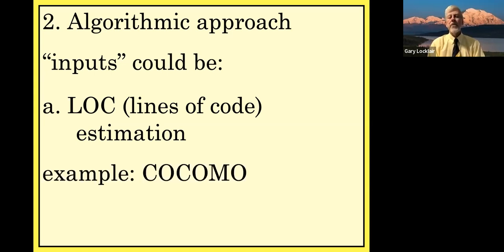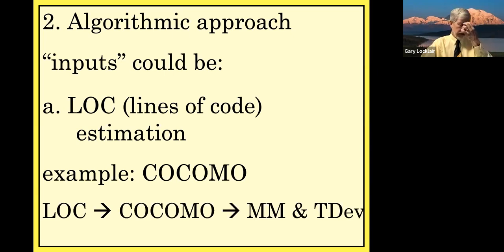COCOMO, you don't have to remember what the acronym stands for, constructive cost model. COCOMO does just that. If you can estimate the number of lines of code that'll be in your finished product, you put that into a couple formulas, and COCOMO will tell you how long it'll take to develop and how many software engineers you need in the process. So all this is saying is lines of code go into COCOMO, and the two things that come out of COCOMO are